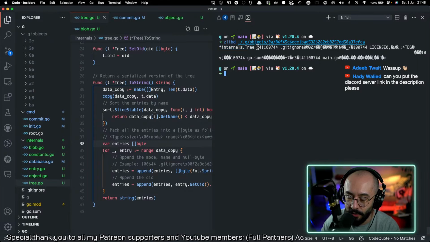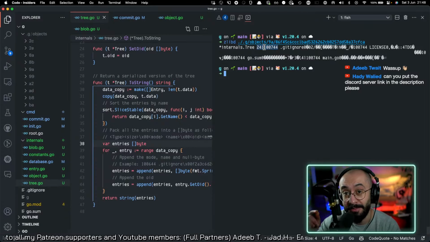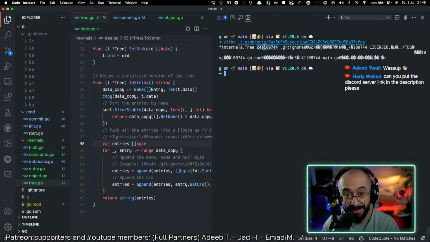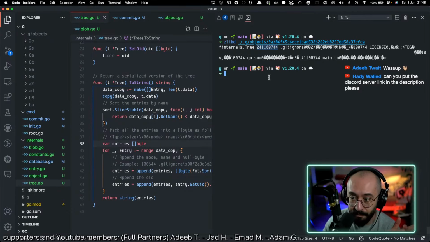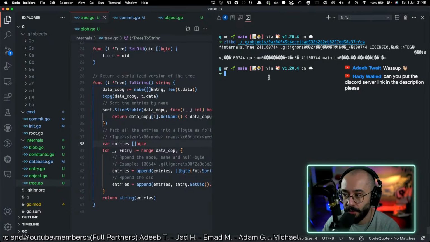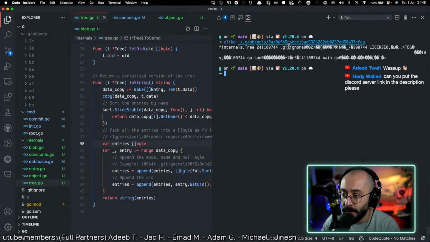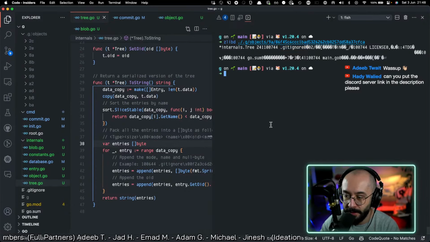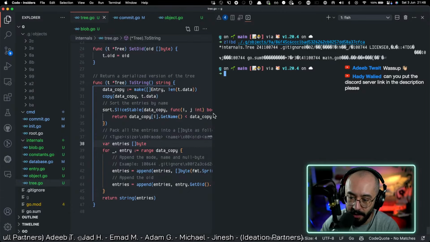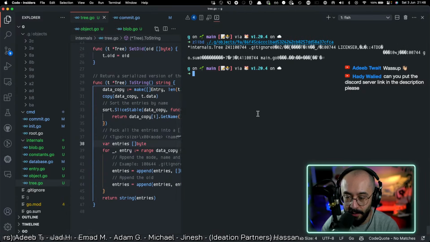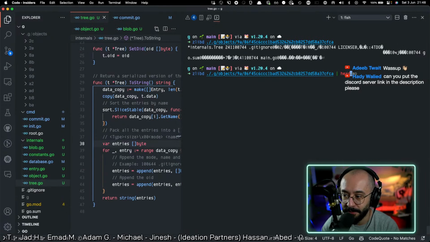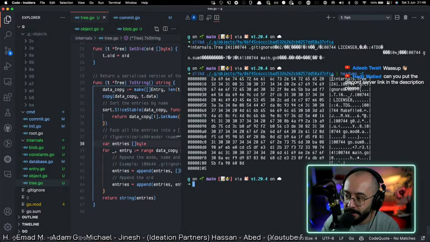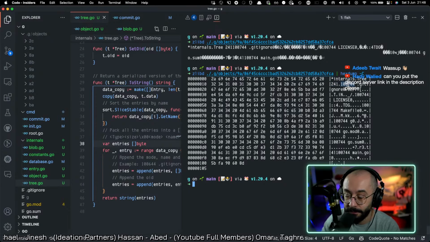So internals.read tree, and then this is the size. It's gigantic, I know, but because we have the binary file committed, we can skip it. But I don't want to hard code it for now. And you can already sort of read this in a way, right? But as you remember from part 1, the way we used to read this database is using hexdump, right? So hexdump -C, and we have the proper reference. So we have the internals.tree, then the size, and then we have the first